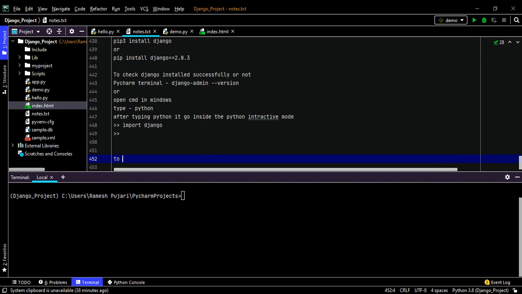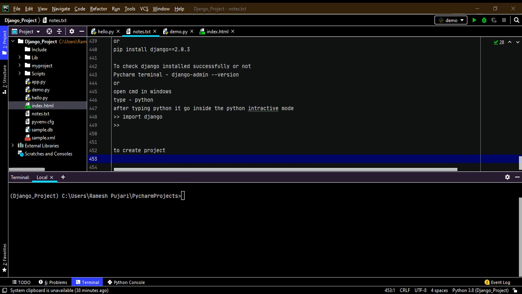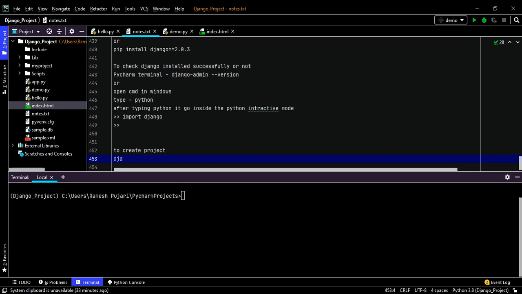So to create a project, we have the command called django-admin startproject and project name. You can give the project name here.